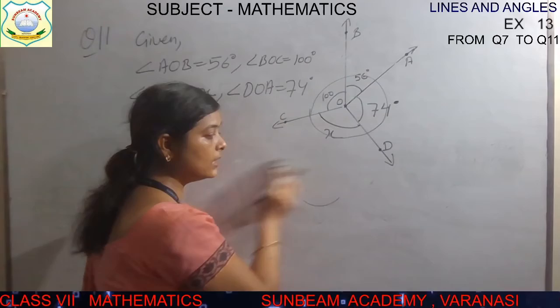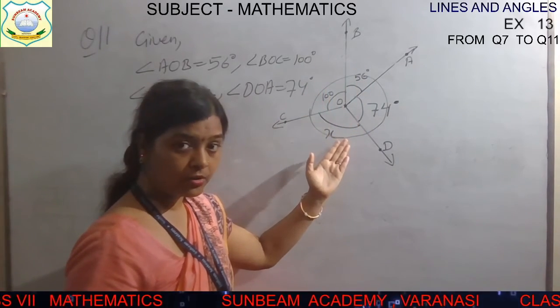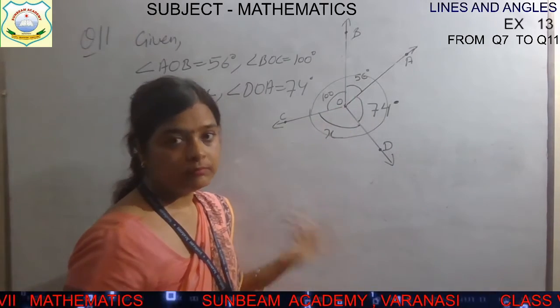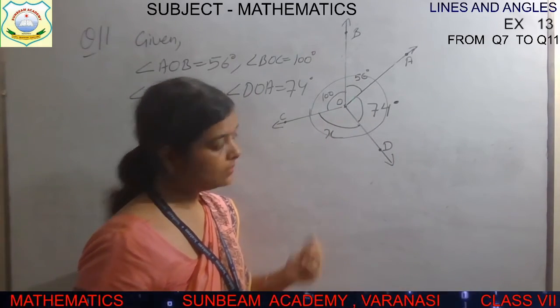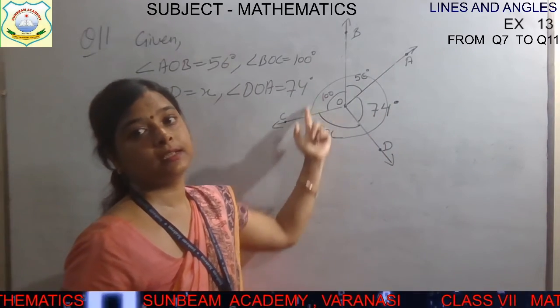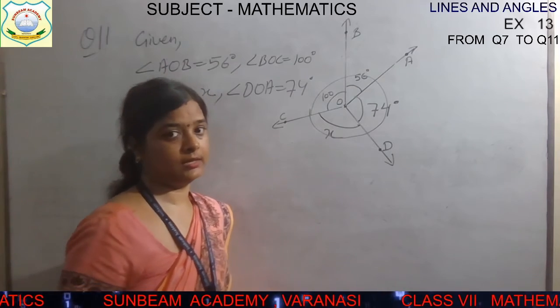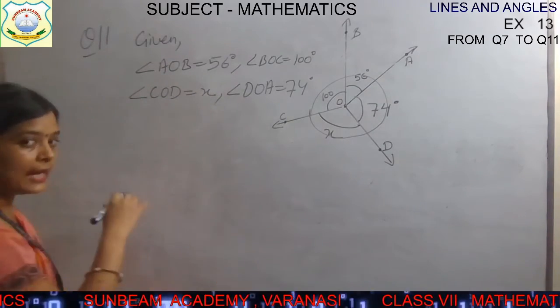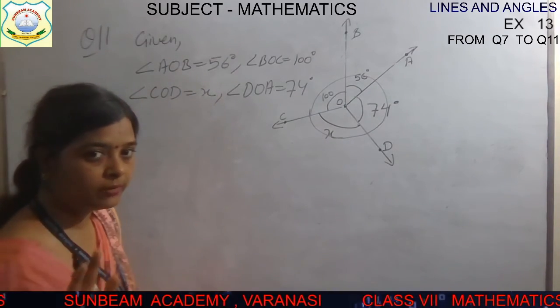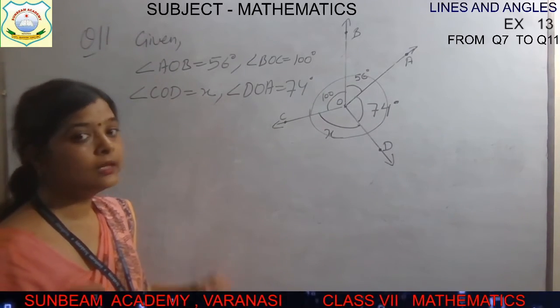But it is not our case. Our case is something different. Some different angles are drawn on the same point. Then also we can apply the complete angle. A complete angle will make 360 degree. ये पूरा का पूरा कितना बनाएगा? The sum of this will be 360 degree. Okay, so now we will add all the angles and the sum will be equal to 360 degree. What will be the reason? Complete angle.